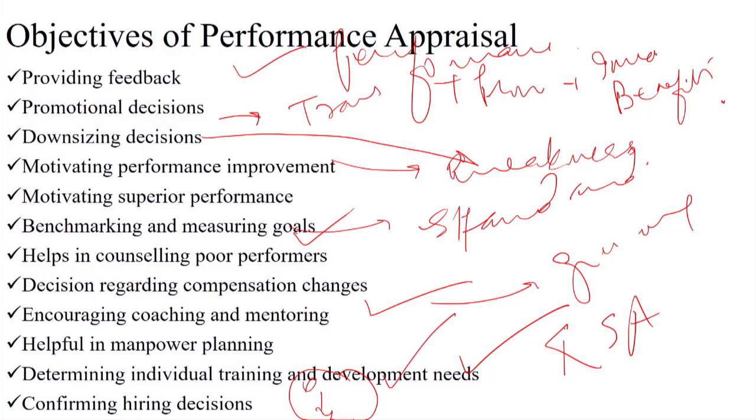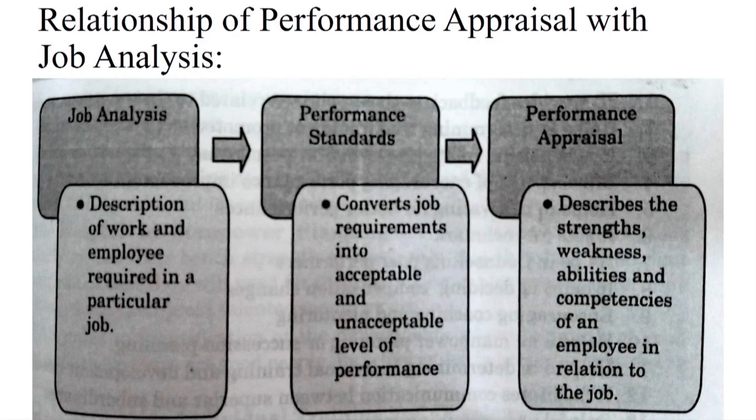So if the people are performers, that means the hiring decisions were good enough. And if the wrong set of people have entered the organization, that means something somewhere has gone wrong in the case of hiring decisions. So the next chart that you see on the board is again taken from my book only, and it shows